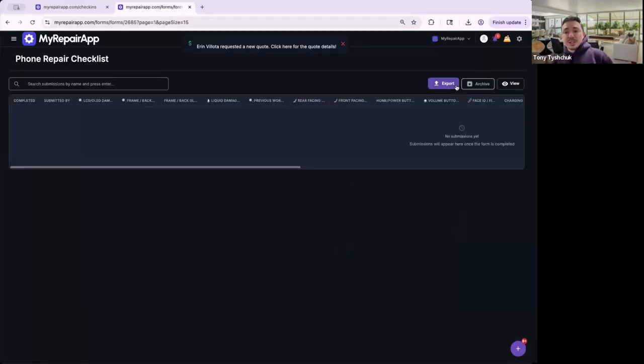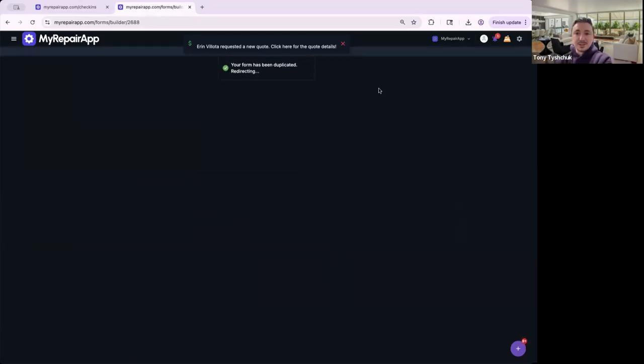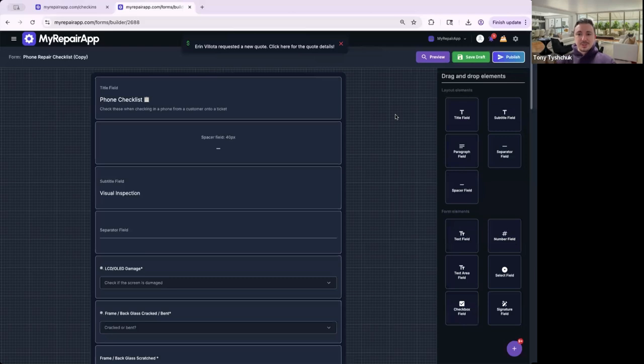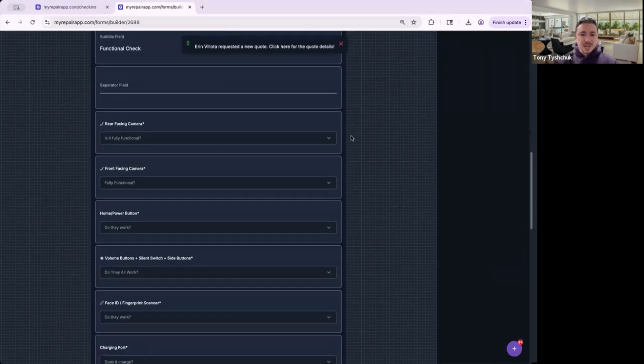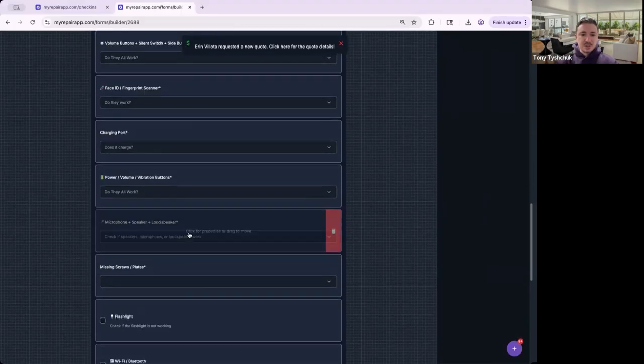Now, with that said, we are working on some updates to the forms. I know it's a little bit... Believe it or not, this is actually one of the very first things that we did with MyRepairApp. So it looks a little different. It's because it's one of the very first things we did. But so we're going to go to that one that said it was the microphone